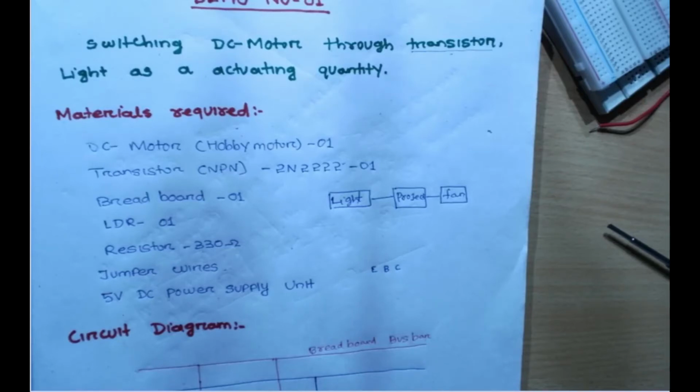From where do we get the DC power? From batteries. From a battery we are not getting AC power, we are getting DC power. If you ever visited a market, you can see solar lights. From that solar cell, you are also getting DC power. Like that, in this practical, I am using my power supply unit to collect that power.